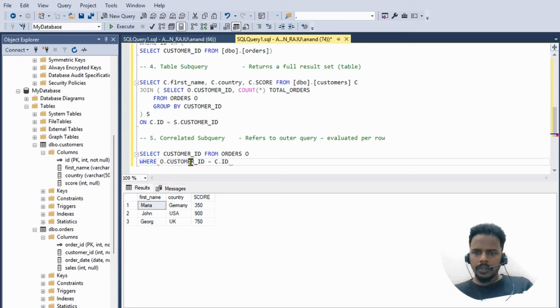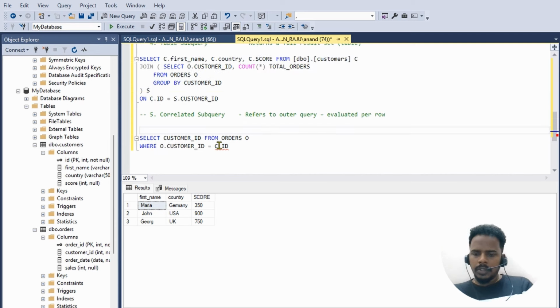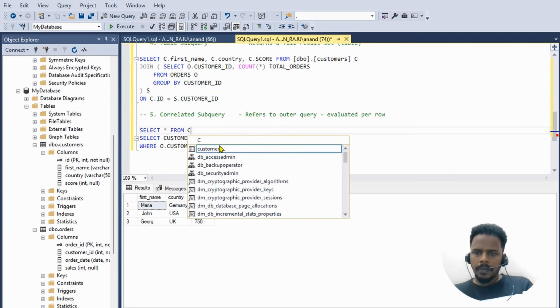C dot ID. So while writing this one, compared to this, for this we have to write the ID, the ID which is in the outer query and the ID which is in the inner query. But while writing inside, I have to mention the custom ID, which is the inner query table, and the ID which is in the outer query. It will show the difference. So let's start from